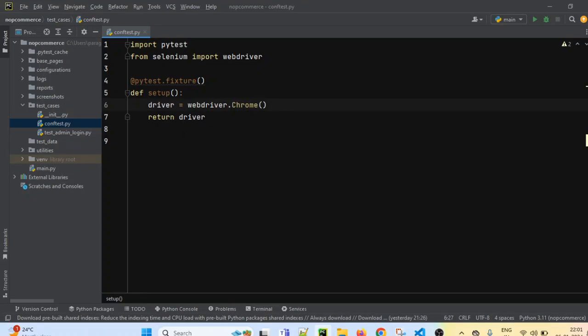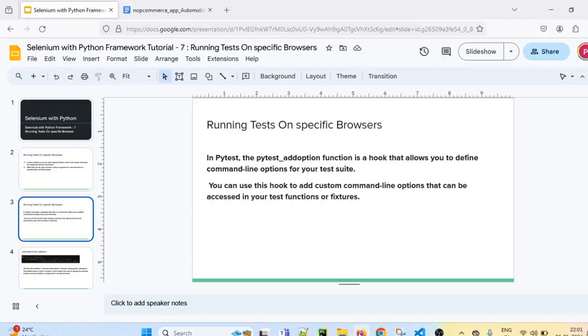So whenever we are calling this setup, this driver is returned that we have used in our test cases. Now to run the test cases on a specific desired browser, we have to update this conftest.py file. So we will see one by one.